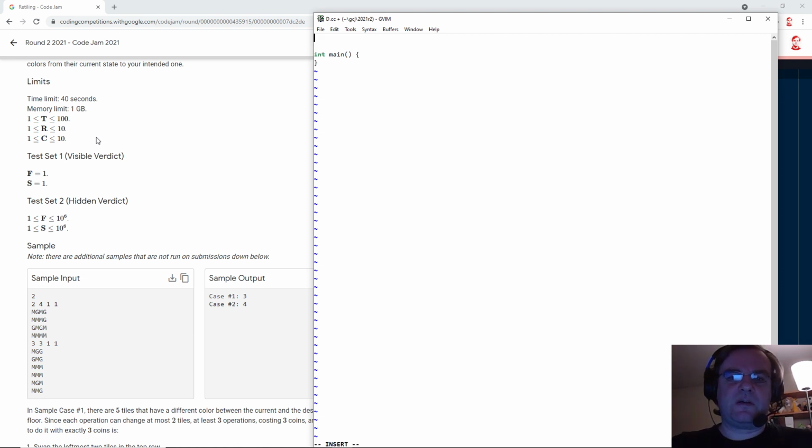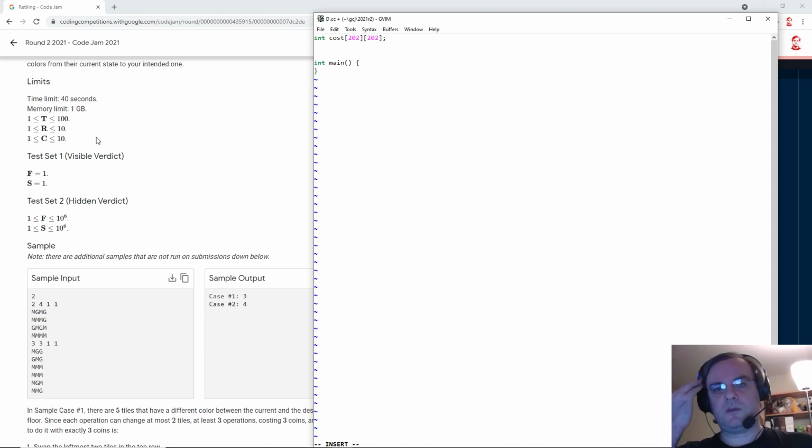Okay, so I'm going to have 202 vertices.